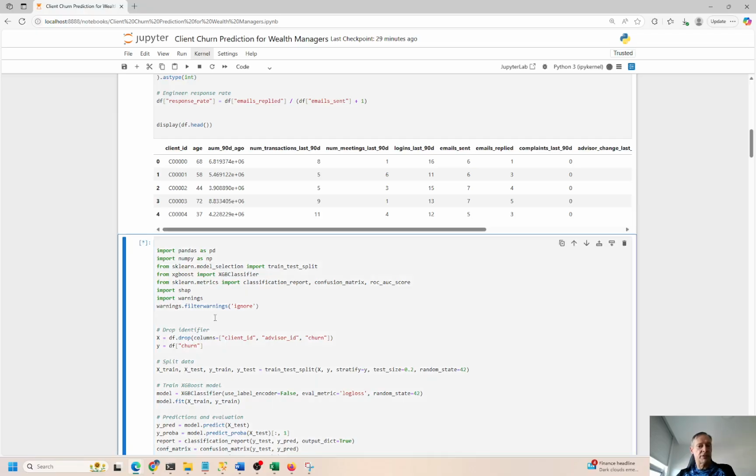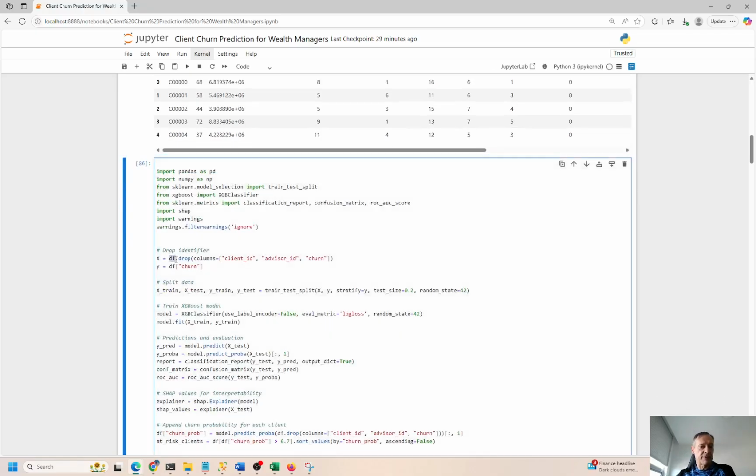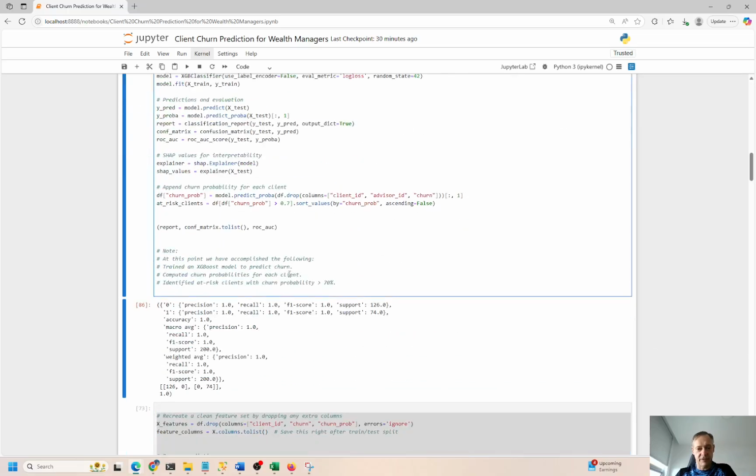So I'm going to set up my machine learning model right here. I'm taking everything from the data frame, dropping the client ID, the advisor ID, and the churn event, because we're trying to predict churn. So as your independent variables, you'll never include the target variable or the dependent variable that you're trying to predict, right? You drop that, and the IDs are completely irrelevant. We want to know the client ID and the advisor ID in the data, but that's not used to make a machine learning prediction, okay? You're not predicting IDs, you're predicting churn. So this is a dependent variable, and it's dependent on these independent variables over here.